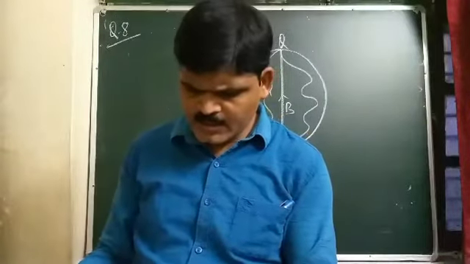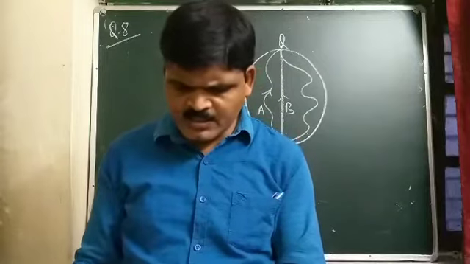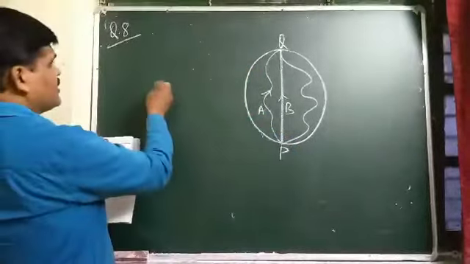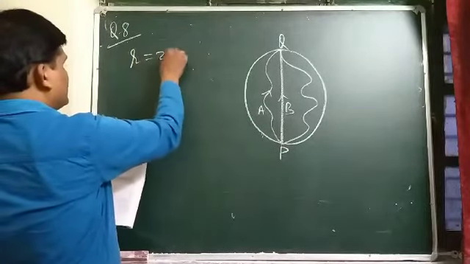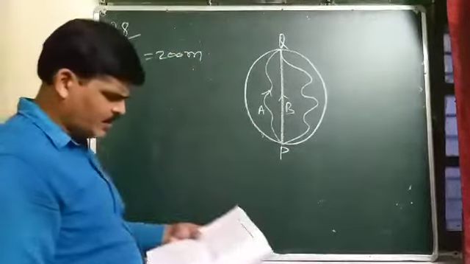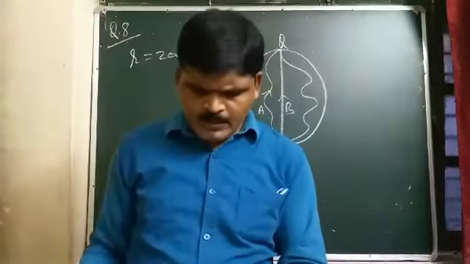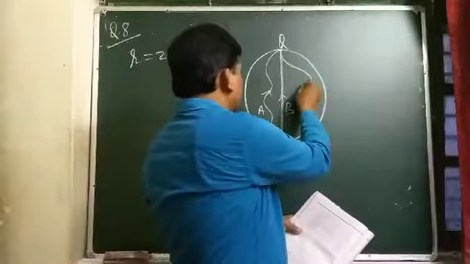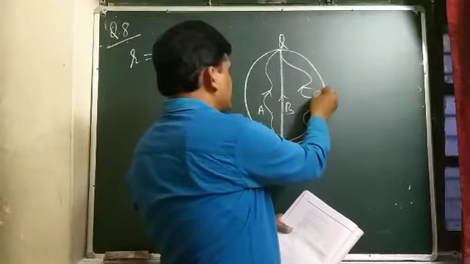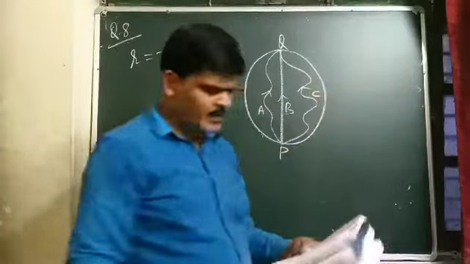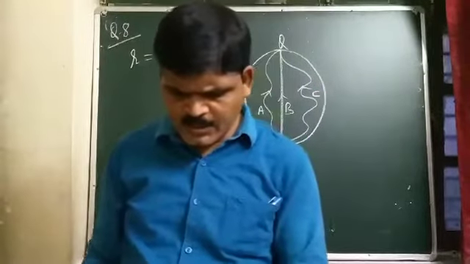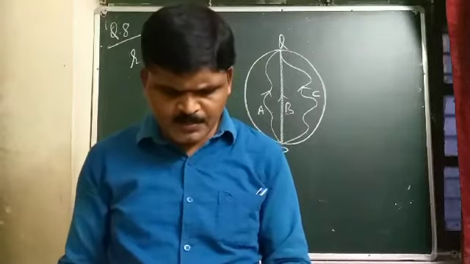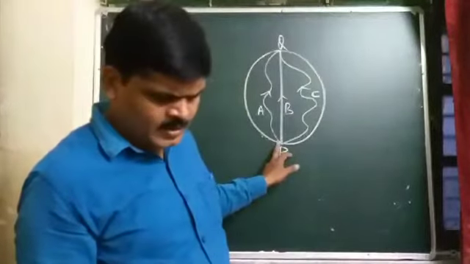3 girls skating on a circular ice ground of radius 200 meter. Radius, that is what? R, that is what? 200 meter. 3 girls, and name is suppose that C. Girl C. 3 girls skating on a circular ice ground of radius 200 meter start from a point P on